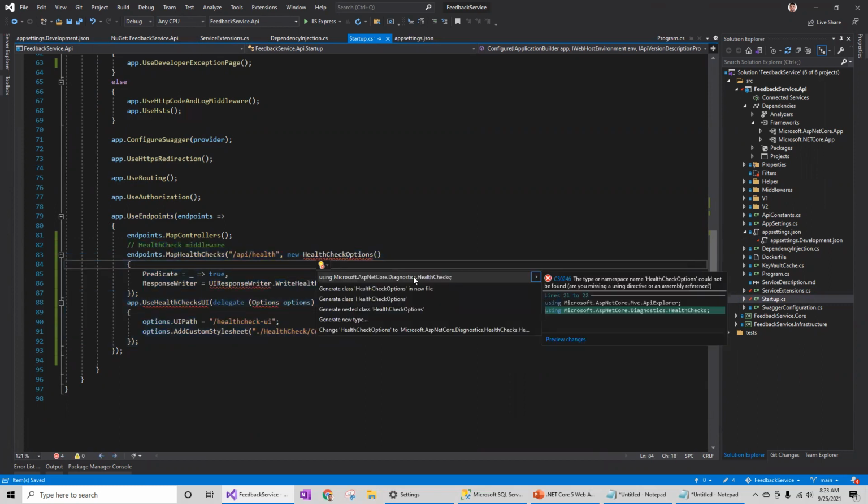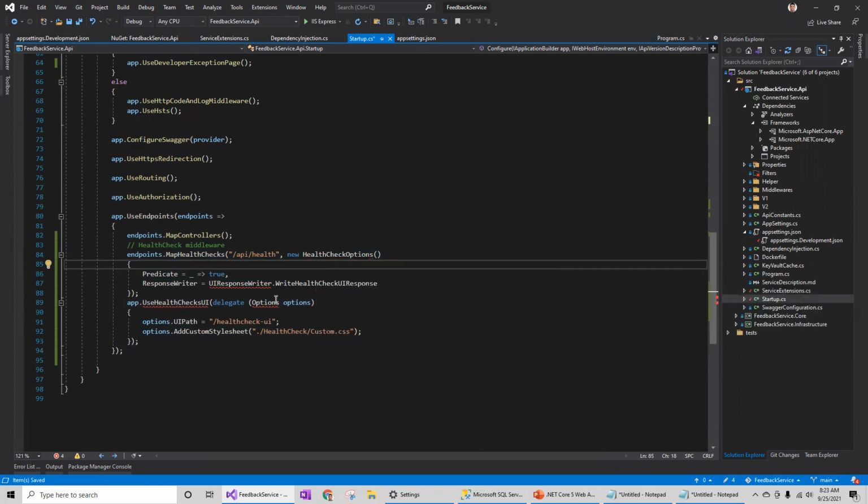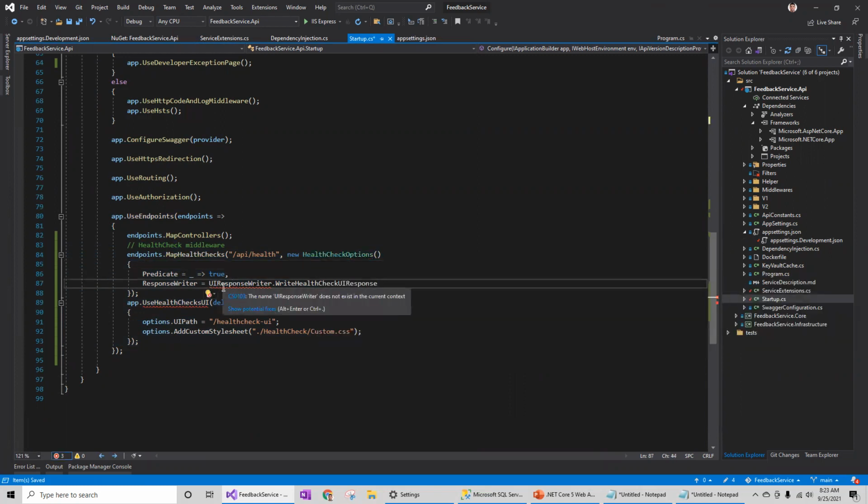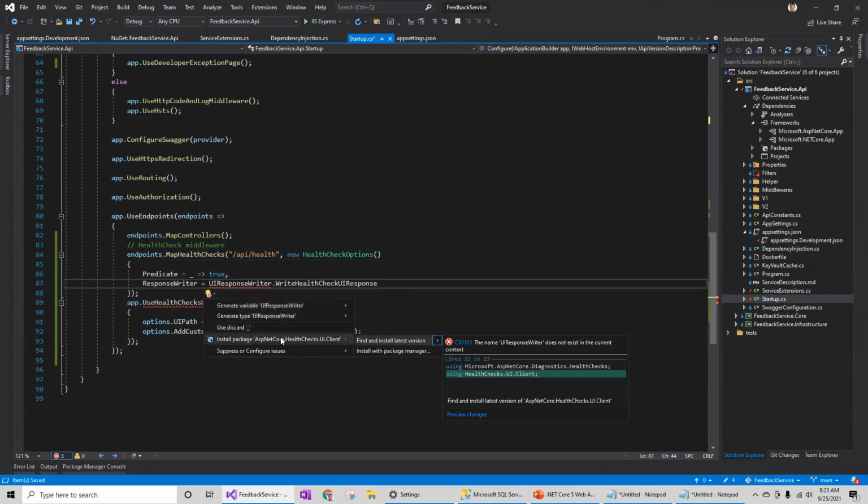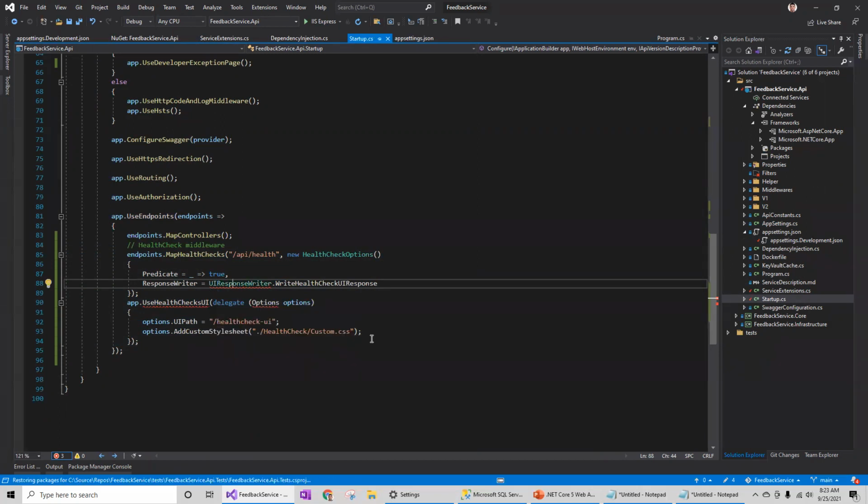So I am going to add, so I need another NuGet package called health checks UI client. So let's find and install, and that's going to return the required JSON payload on the endpoint.